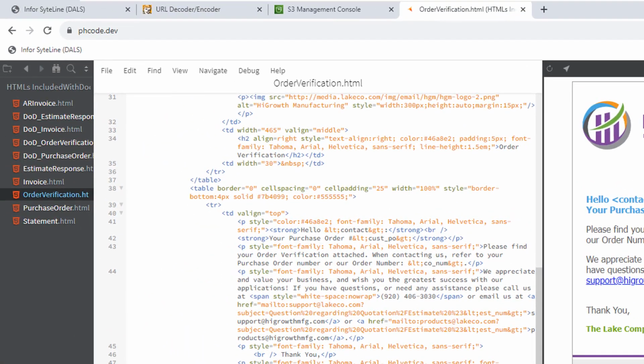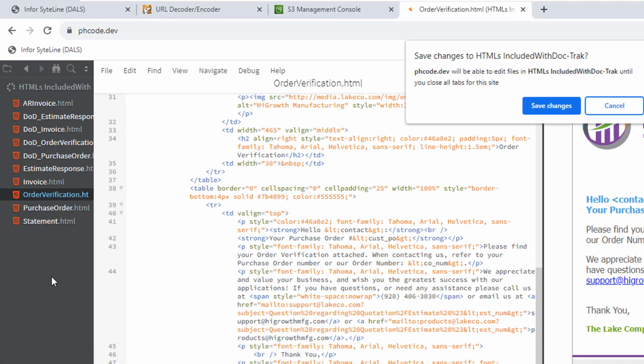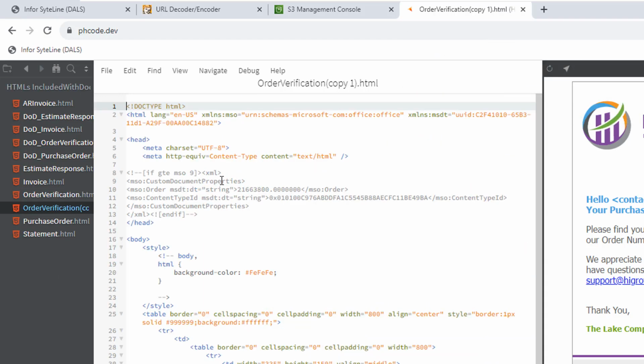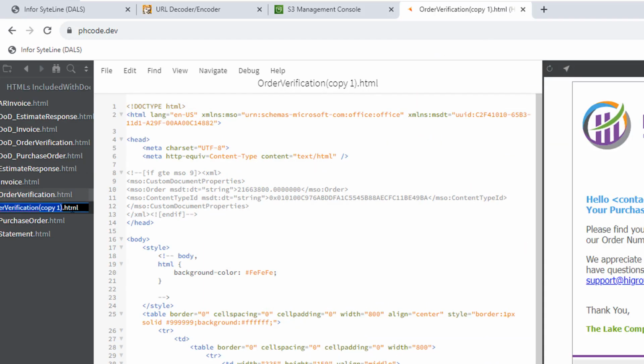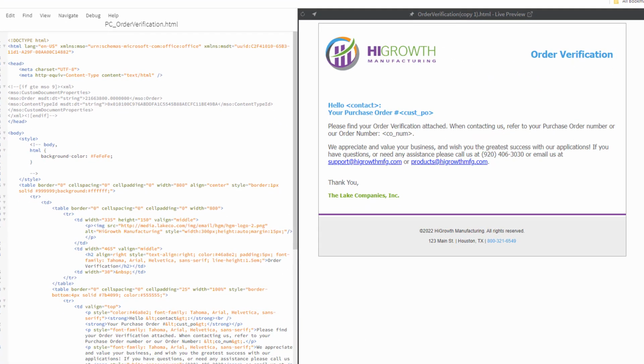Now, before we change anything, I'm going to duplicate this file and rename it PC_order verification. Let's start with something simple, like changing the phone number.